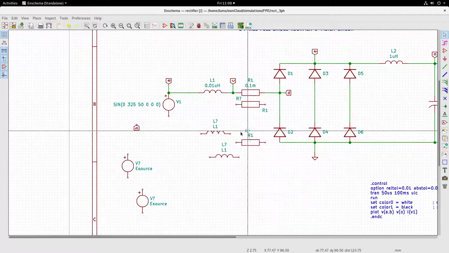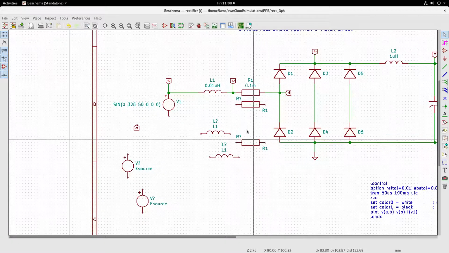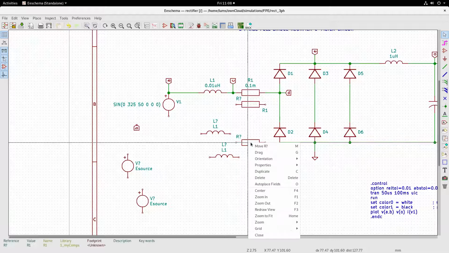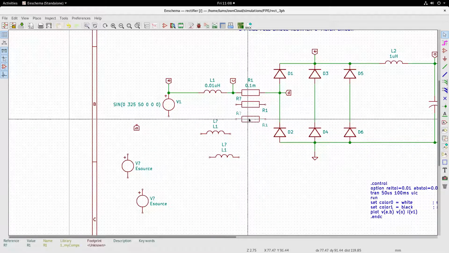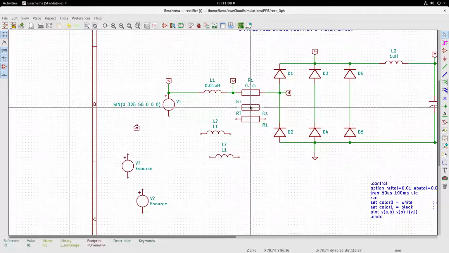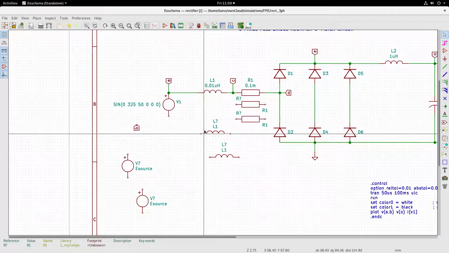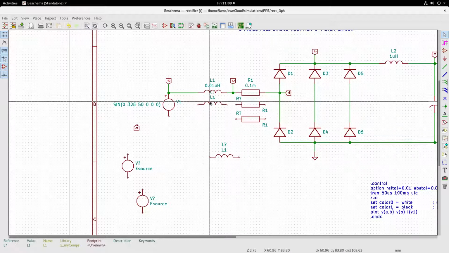I will move the reference here and move the value here. I will move this resistance. I will make these adjustments, and the inductor value and inductor component also, let us move it.